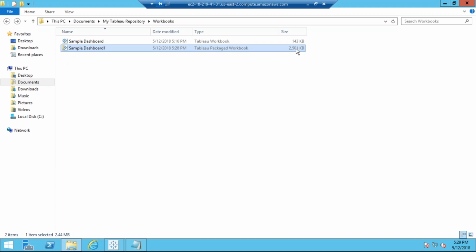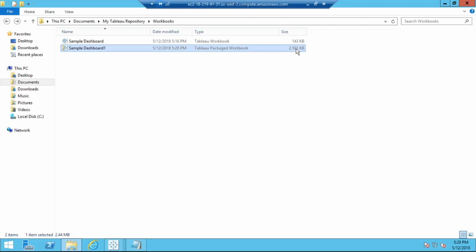When the data is 7 MB, why is the file size not the same, even though the file now holds the data? I told you that the TWBX file holds the data. Now when it holds the data, it should be around 7 MB. But it's not. It's almost 30 or 35 MB. So what is the thing here?